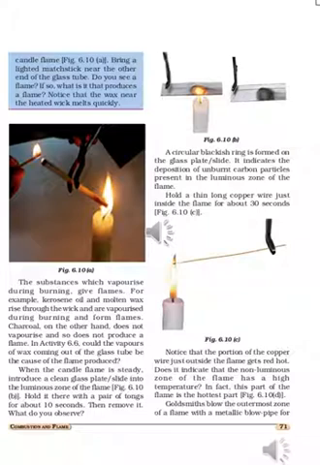So, the first part is testing the innermost zone, that is the dark zone. The second part is the middle zone where carbon particles are there which will be depositing. And the third experiment, copper wire becomes red hot because the temperature of the outermost zone of the flame is too high. So, the wire becomes red hot. This experiment gives us an idea about the structure of a candle flame.